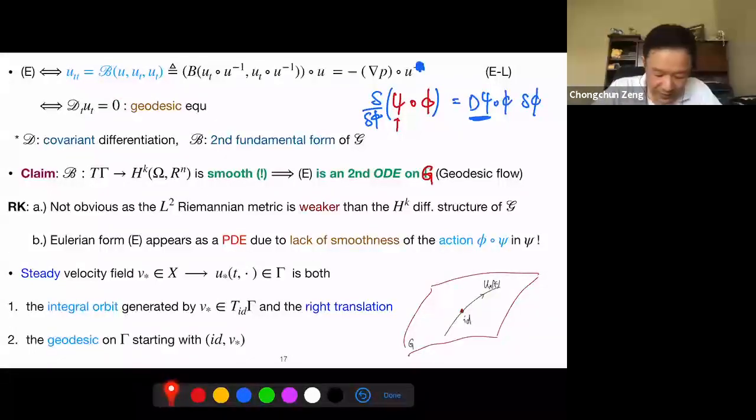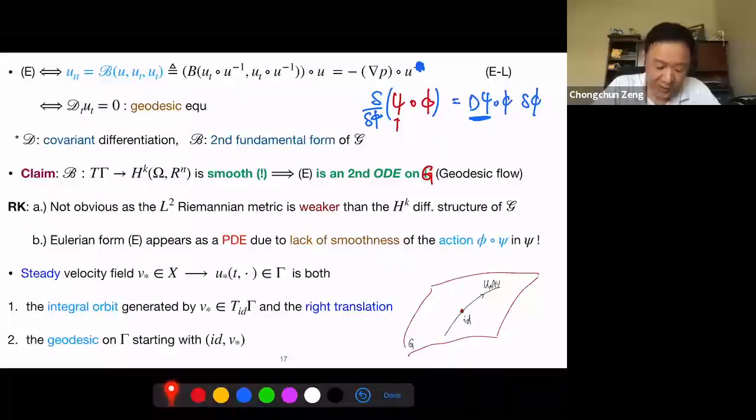So it means that now you can apply all those arguments in the ODEs in a simple way to get things you like. For example, the Picard iteration should be good enough to get a solution. So this is not an obvious thing to see because